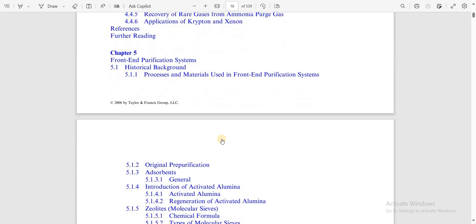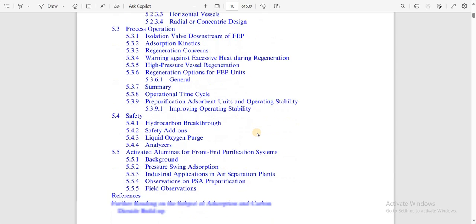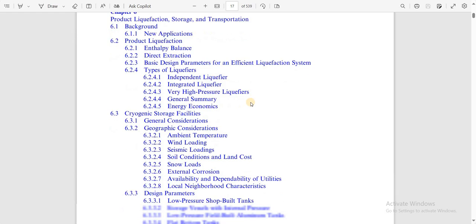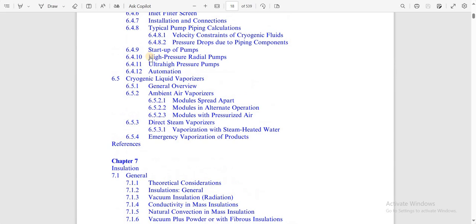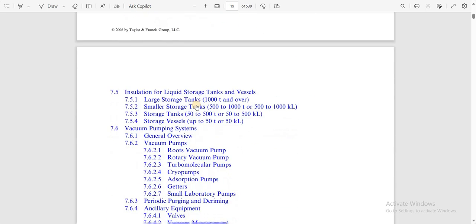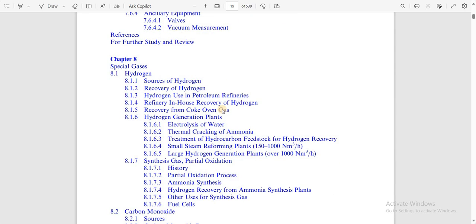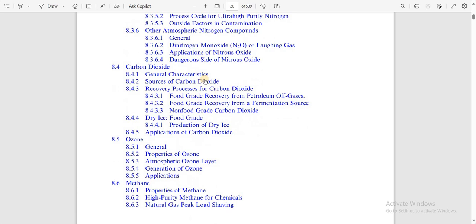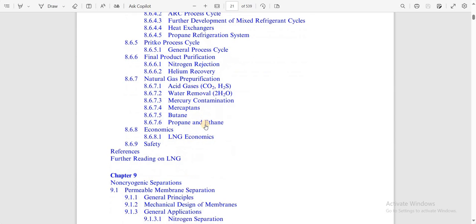Noble gases, front-end purification systems, design for front-end purification systems, process operation, safety, reference, product liquefaction, storage and transportation. This is important for us. Cryogenic pumps, this is also important to us. Cryogenic liquid vapors is important. Insulation, this is also important. Insulation of liquid storage, vacuum pumping, special gases, carbon monoxide, high purity nitrogen, carbon dioxide, ozone, methane, base load natural gas, LNG,